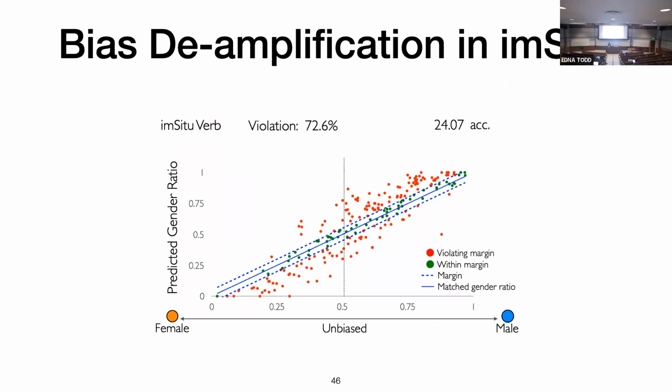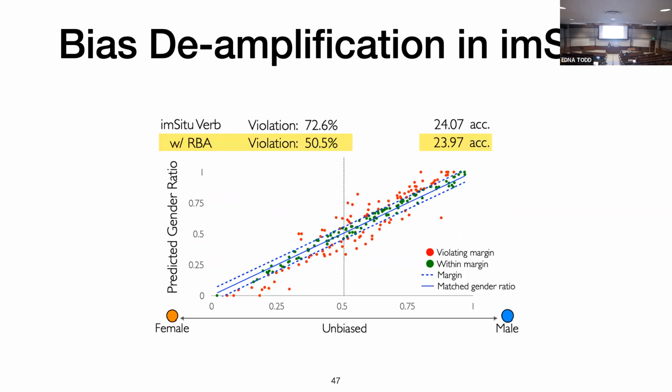So how does this technique work on our tasks? Here, I show the result on the image spatial data set. We see that after applying our method, all the points move towards this solid blue line, and so the magnitude of the bias amplification is reduced. The exciting thing here is that we can do this calibration at the same time with almost no loss in model